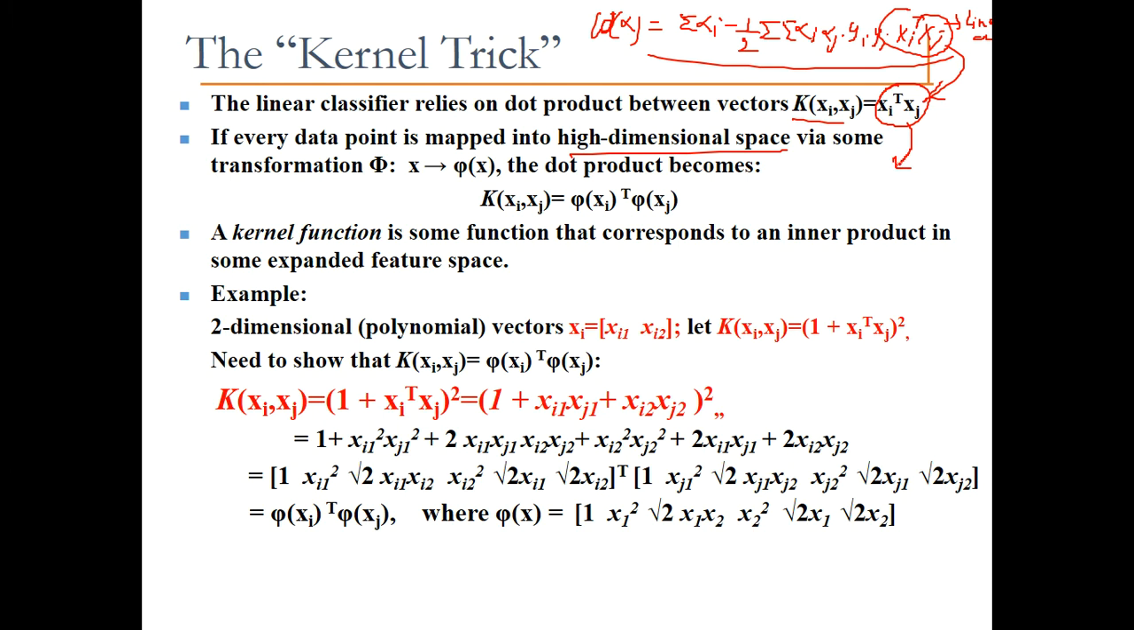So in order to make it a polynomial kernel, we shall replace x with phi x. One of the polynomial kernels is defined like this: (1 plus xi transpose xj) whole square. Now if you take the whole square and simplify, then